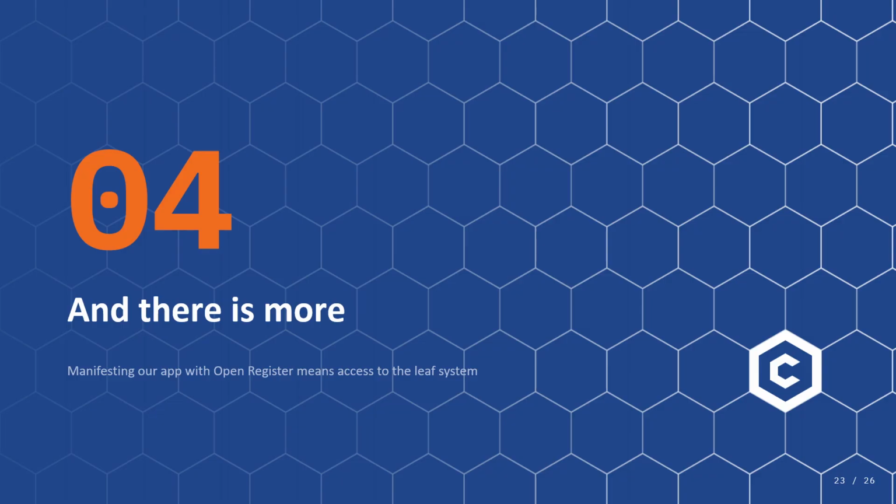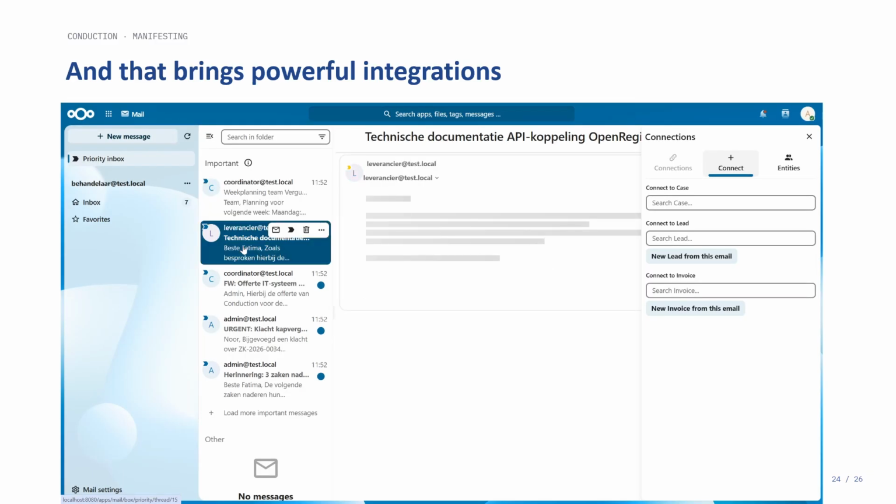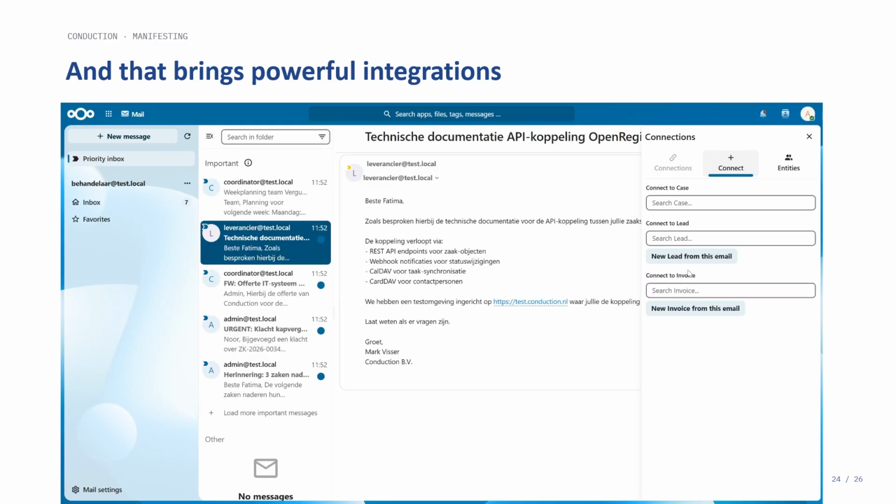And there's actually a bit more because the manifest system writes its data to Open Register, and Open Register has some tricks up its sleeve. And one of the most awesome tricks that Open Register has up its sleeve is the lead system. And it means that Open Register allows you to have the data, you say, for your app react with data in other apps or with the interface of other apps. And one of the coolest examples of that is email.